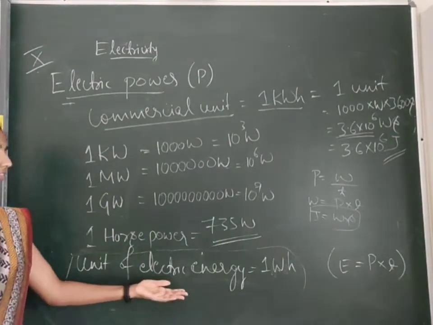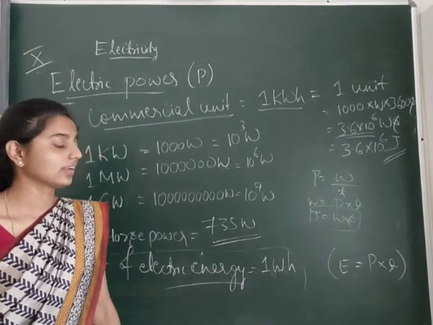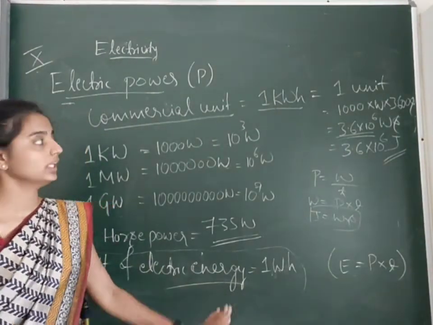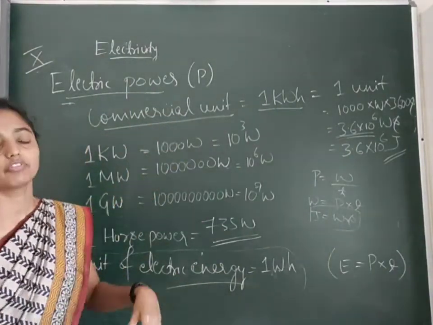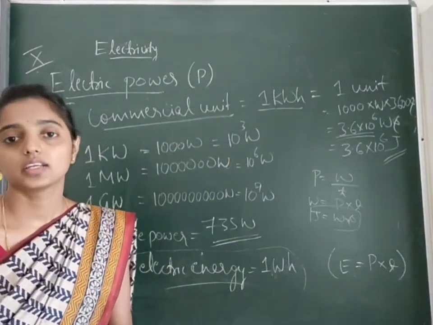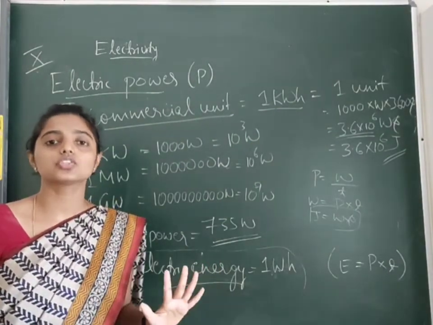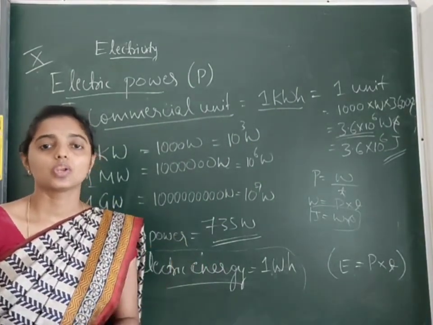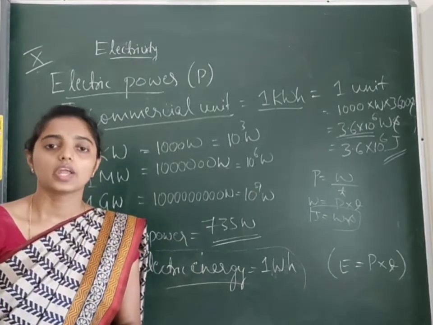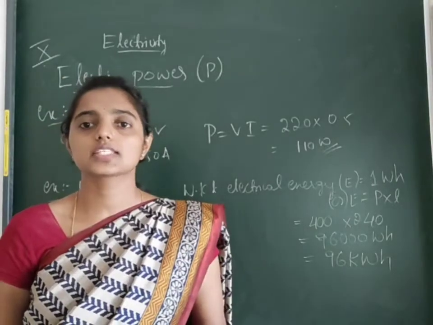So just remember, the unit of electric energy will be taken as 1 watt hour. Mainly you need to remember the watt and this commercial unit. Apart from that, if they ask you to write the value of kilowatt, megawatt, gigawatt, then you need to mention these three. So this is all about electrical power. Now let us solve 1 or 2 example problems under the topic electric power. The first example problem